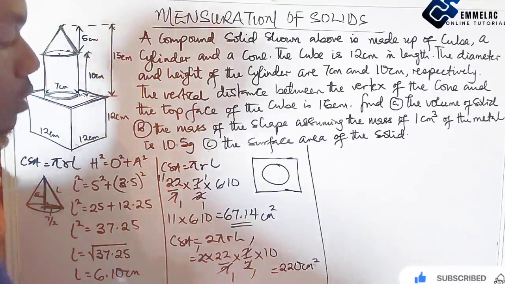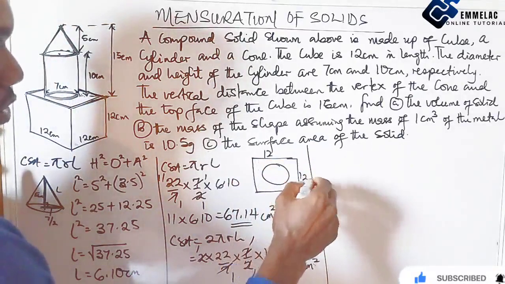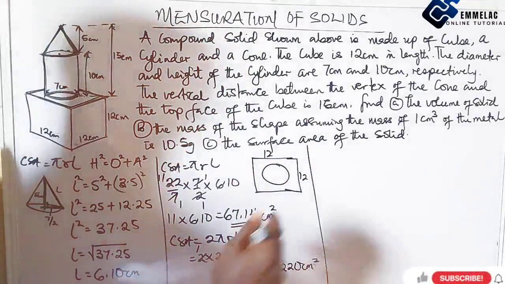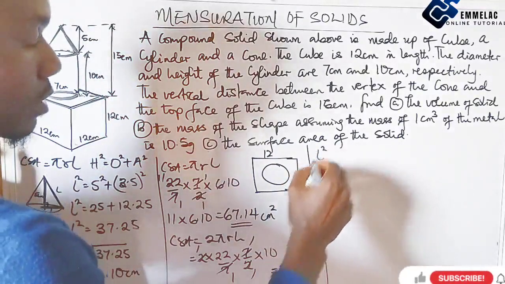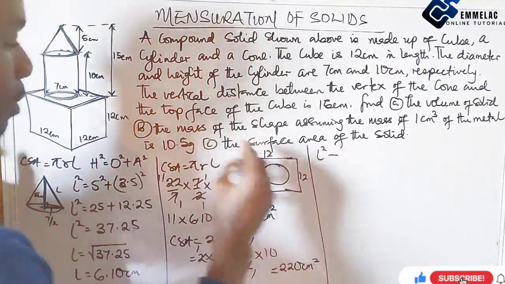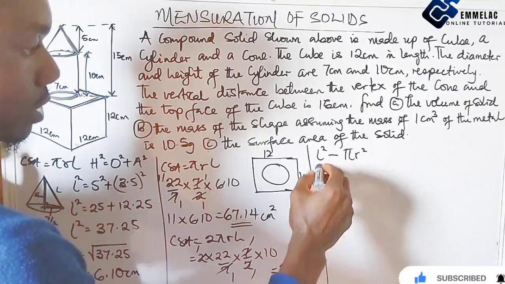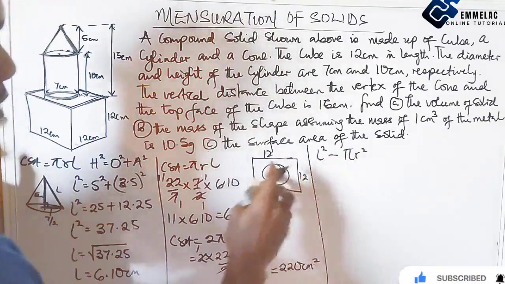Now this has been taken off, so here we have, this is 12, this is 12. So what we just need to do here is that is the area of the surface, then minus the area of this circle, which is 12